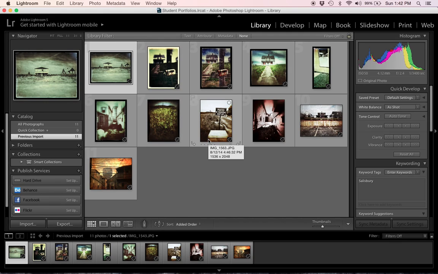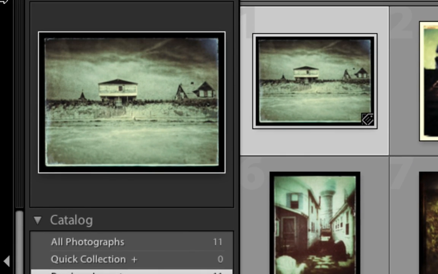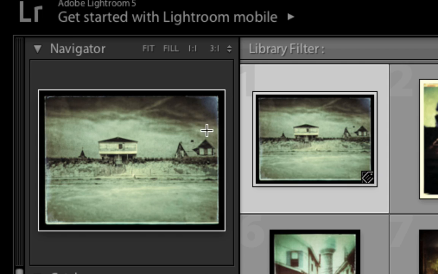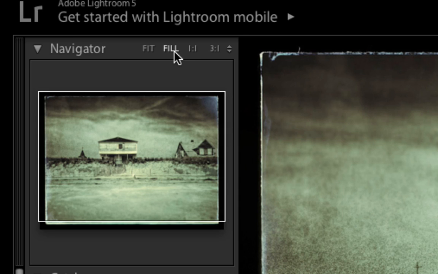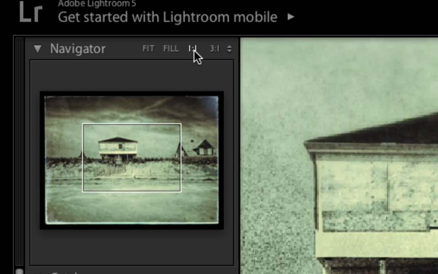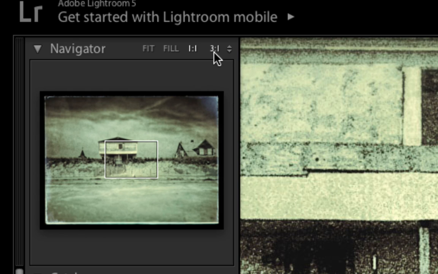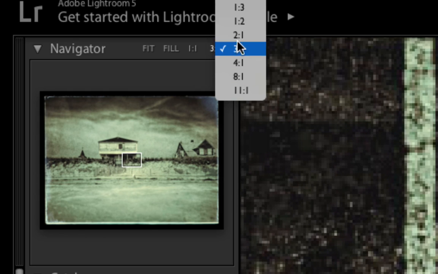Okay, so now we've got our images inside the library and we're looking at a couple of different pictures. Notice that the first image is the one that's selected on the top left, and as soon as you have one image selected you can see that it shows up inside the navigator, and this is great for the students to work their way around the image. They can choose different options to fit or to fill. They can choose 1 to 1 or 3 to 1 or a bunch of other options to move in and